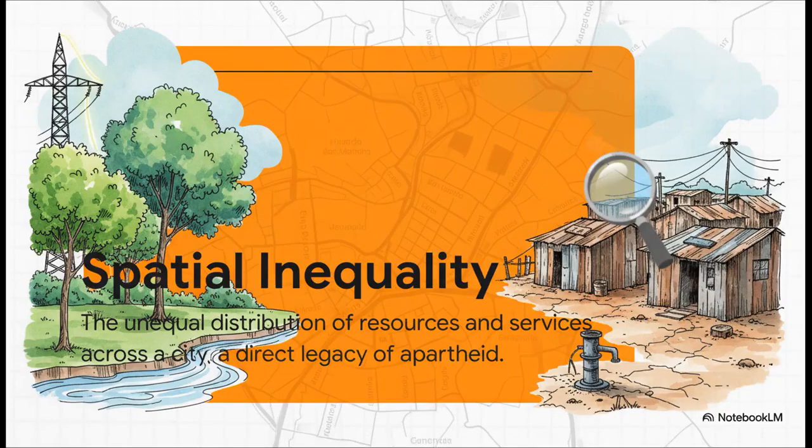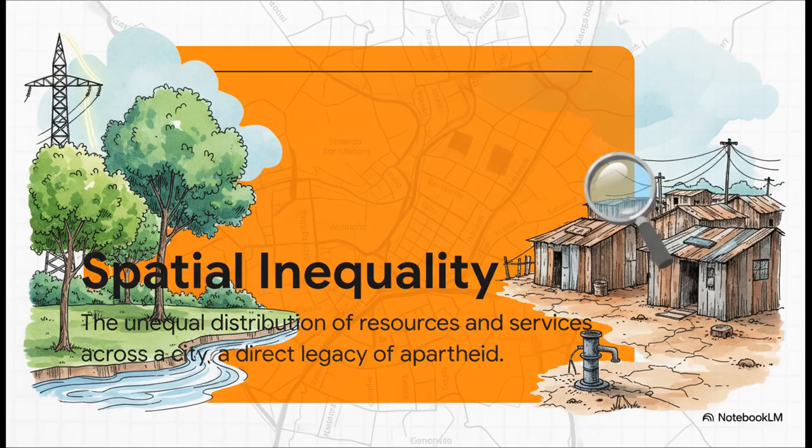And you know what? This whole thing has a name. It's called spatial inequality. It's the reason why some neighborhoods have beautiful parks, reliable electricity, and clean running water, while others, sometimes just a mile away, have none of that. It's the ghost of the Group Areas Act, and you can still see it on pretty much any city map